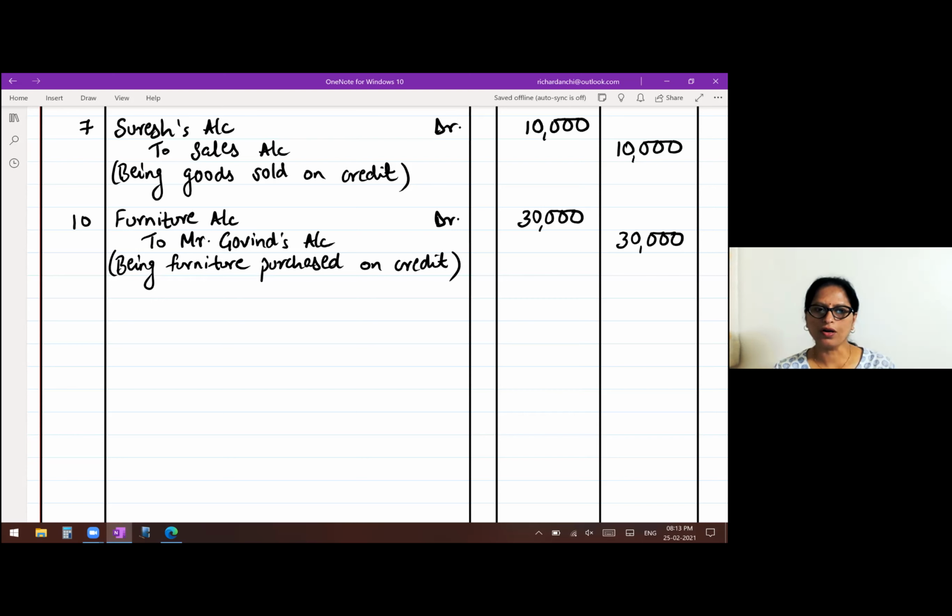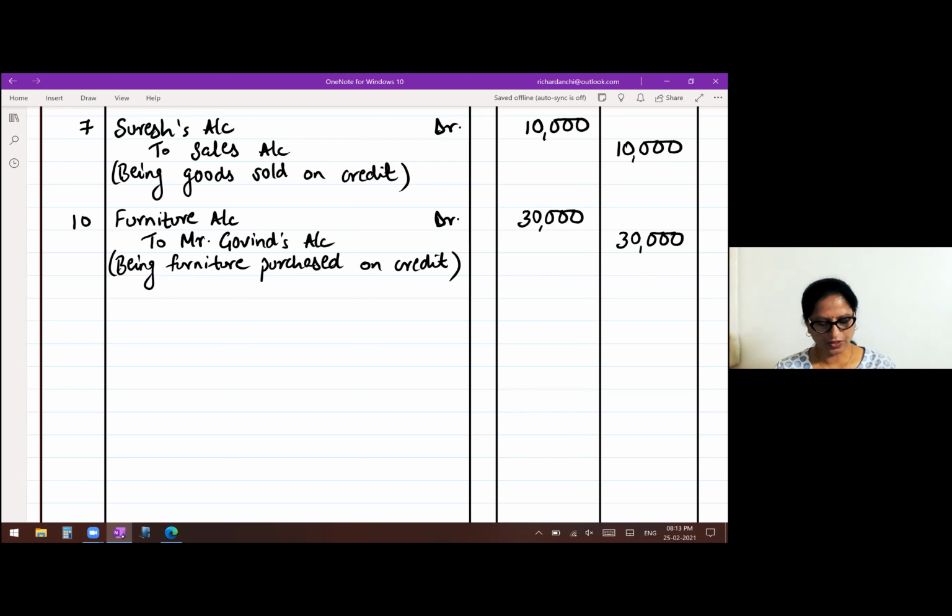That means your bank account, money will go from your bank, from the business bank account. So you have to take bank account and not cash account. If it was cash, they would have only said paid for rent, rupees 3,000. But here it is said it is paid by debit card. So you have to use the word bank. So how will you write the entry now?